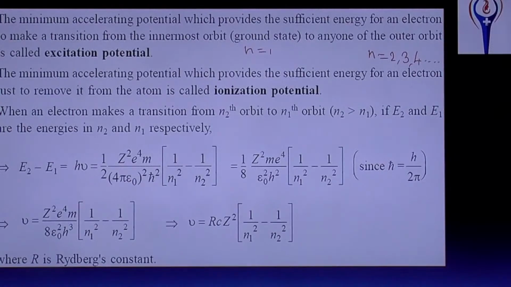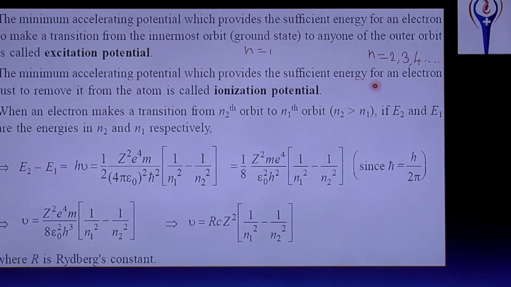That is, what is the excitation potential from ground state to first excited state? Ground state means n equal to 1. First excited state, n equal to 2. Second excited state, n equal to 3. N equal to 4 is third excited state. And the minimum accelerating potential, which